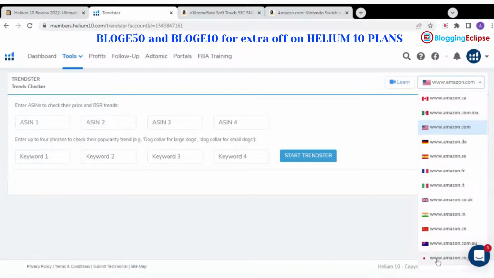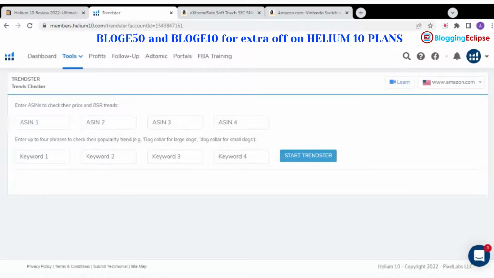Here you can see two options: one for entering the ASIN to check price and BSR trends, and the second one for phrases, which is the keyword part. ASIN refers to the Amazon Standard Identification Number that every product on Amazon has.